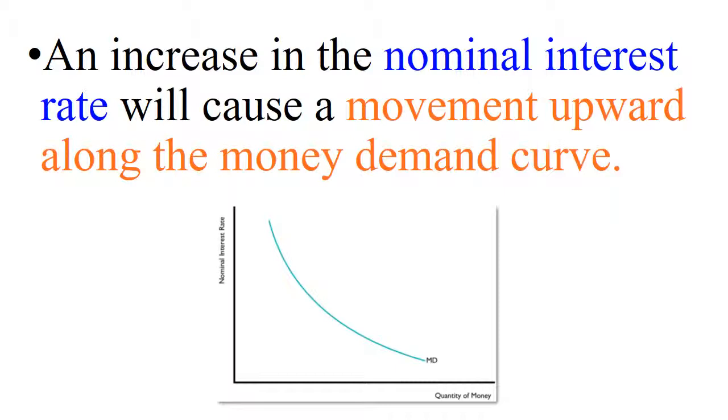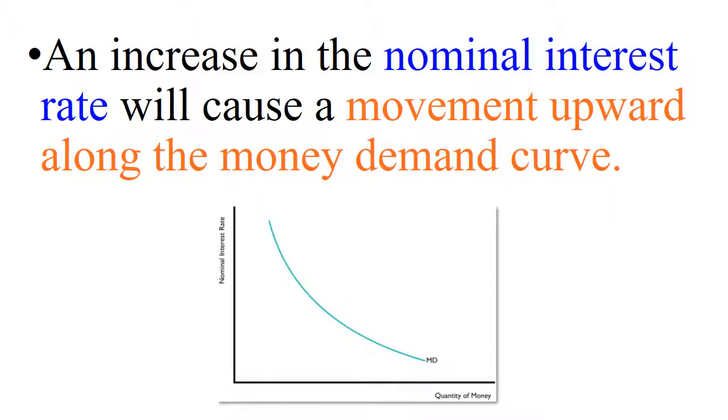We know that money demand is downward sloping, but let's make it official. Nominal interest rate, NIR, is the movement along the curve. So if nominal interest rate increases, it will be a movement upward along the curve, and the quantity of money demanded goes to the left; the quantity of money demanded decreases. Remember that word quantity. If the entire line shifts, you would say it increased or decreased. But as we move along the curve, we talk about the quantity.